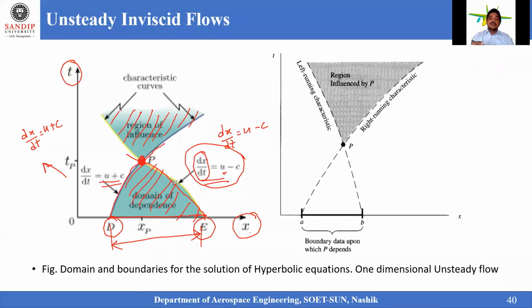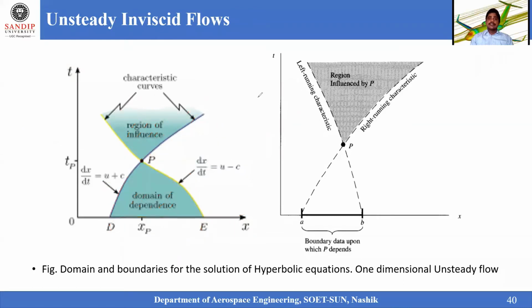this is being influenced at this particular point P. So this is my right running curve, this is my left running curve. On this particular point P, how they are being influenced is given by the characteristic curves of that equation, and this is the representation of it. So either you may represent it with respect to the characteristic curves, or you may write it as,